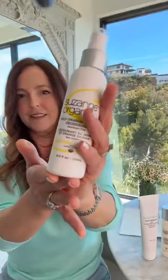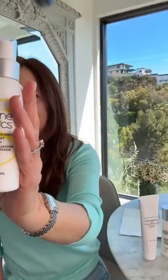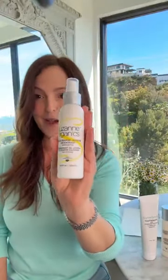Okay, so what I want to start with today is the Wild Orange Jasmine deodorant. This has been out of stock and it is now back in stock. So we're going to use this as our anchor product today and talk about making the switch from conventional ingredients